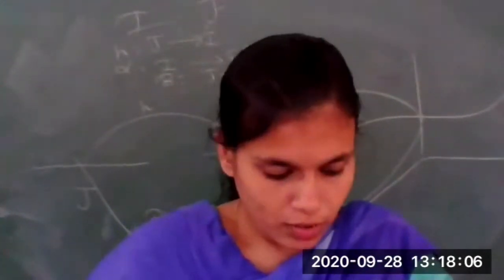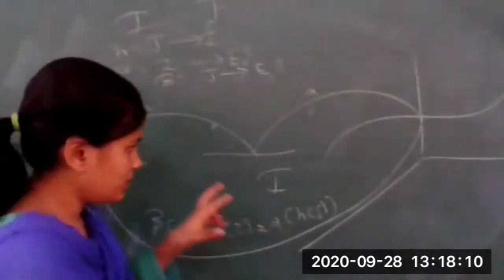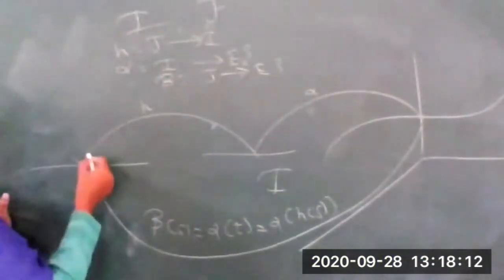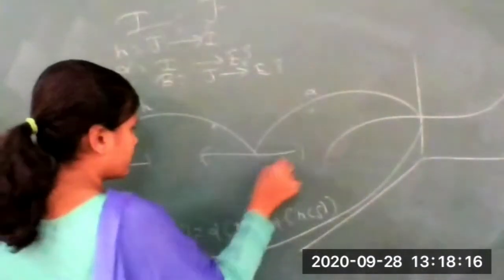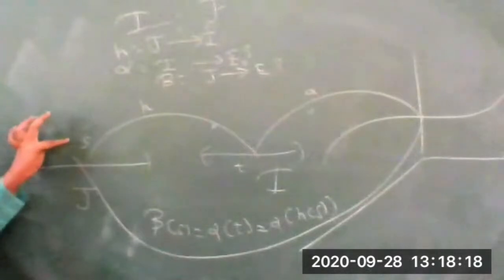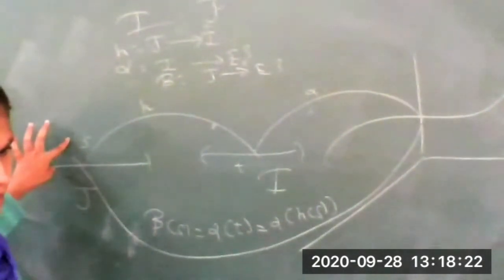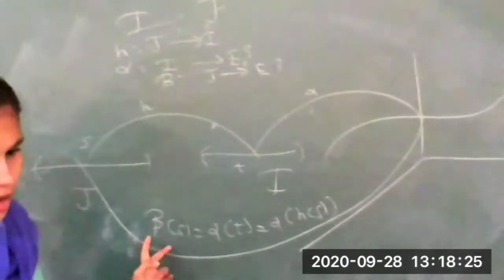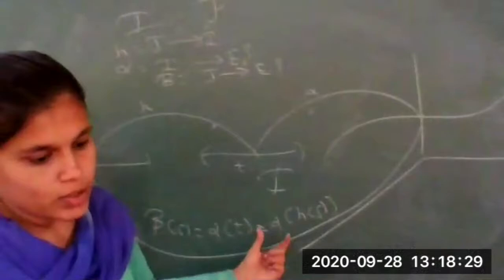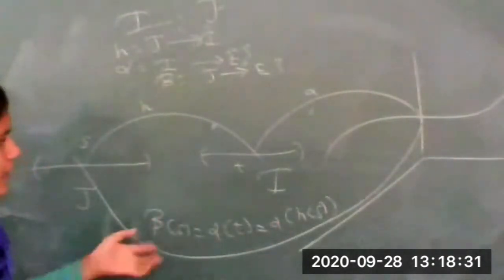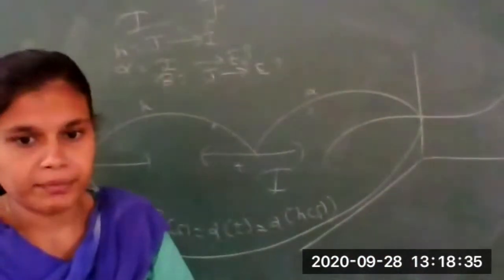So at each time s in the interval J, the interval J will have parameter s and this interval has parameter t. So at each time in interval J, the curve beta is at the point beta of s equal to alpha of h of s, correct? So we can say the curve beta follows the path of alpha but reaches points at some different time.